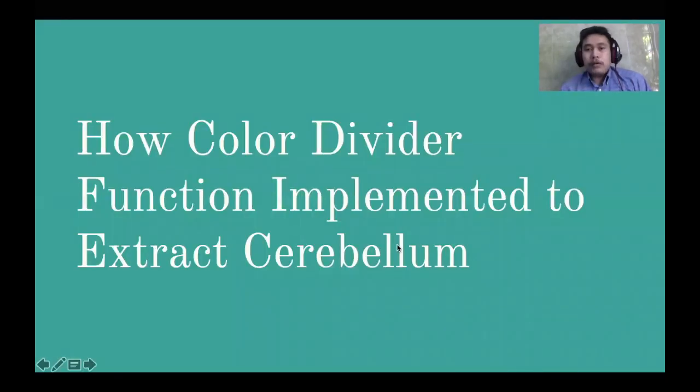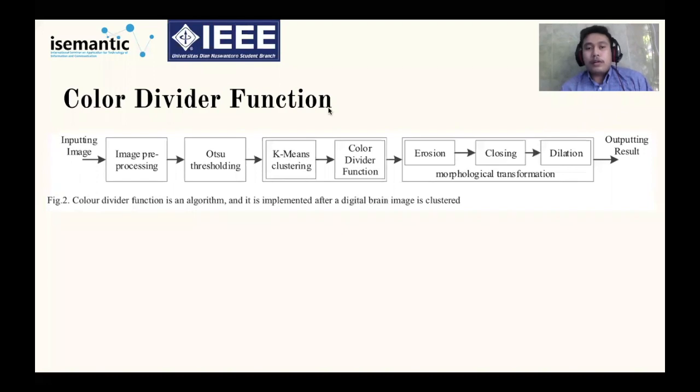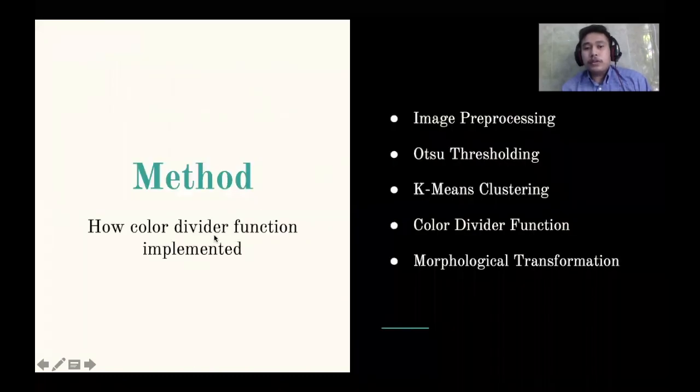So how is the color divider function implemented to extract the cerebellum? The color divider function is implemented after k-means clustering and morphological transformation. This method has image preprocessing, Otsu thresholding, k-means clustering, the color divider function, and also a morphological transformation.